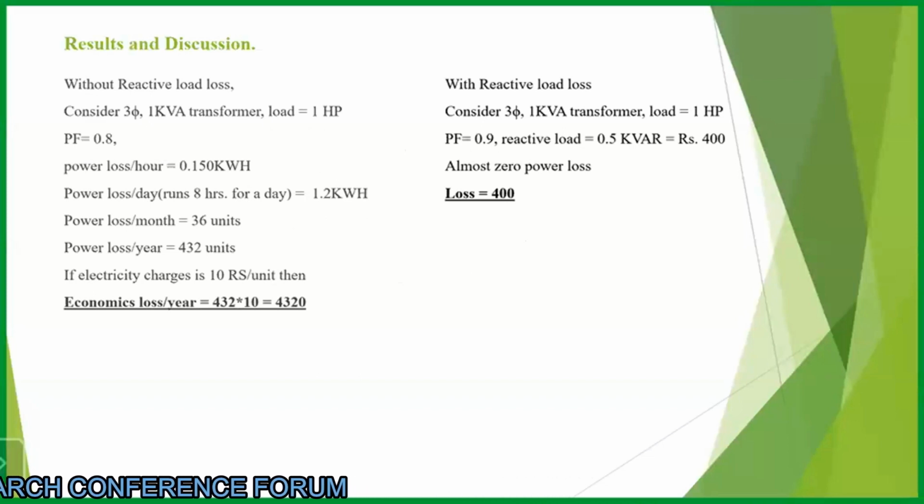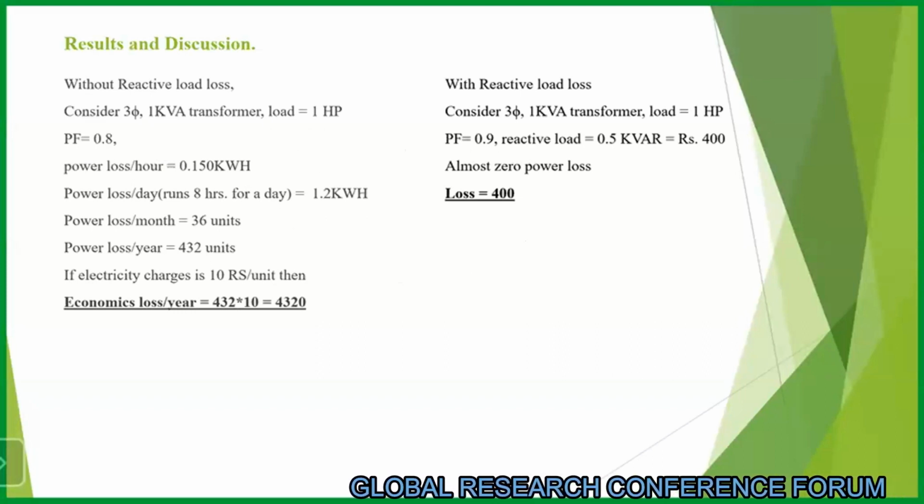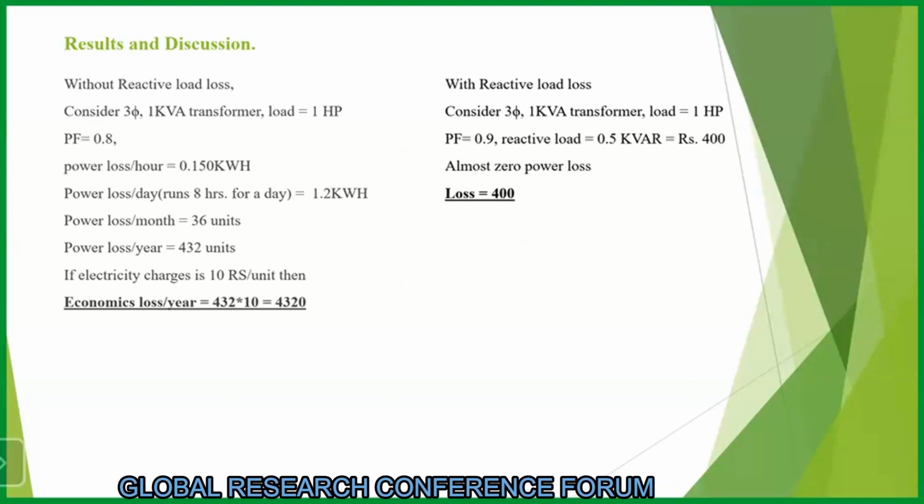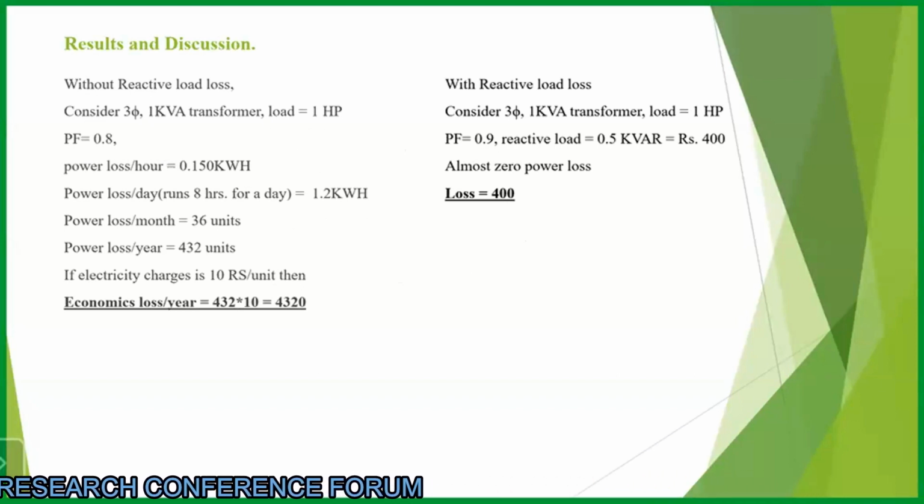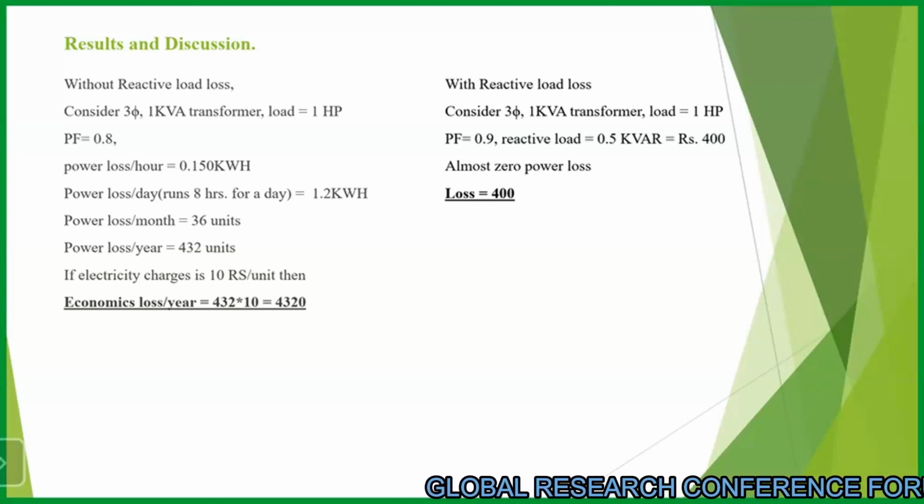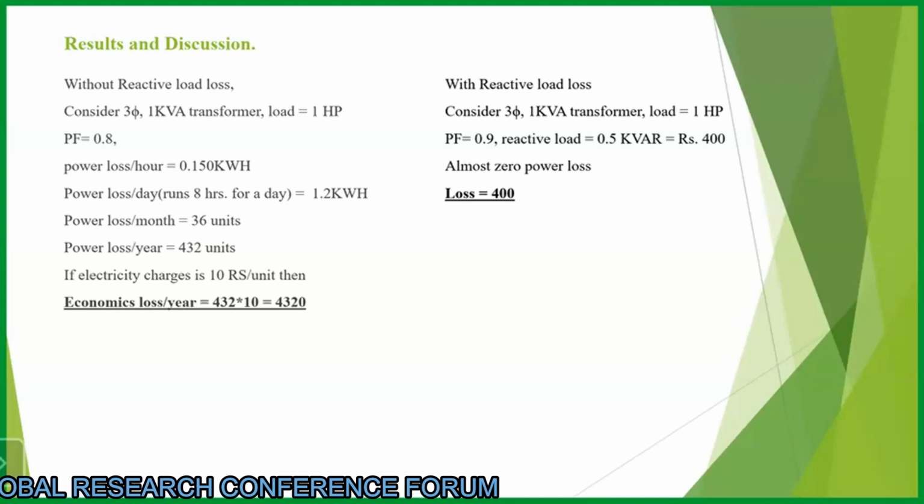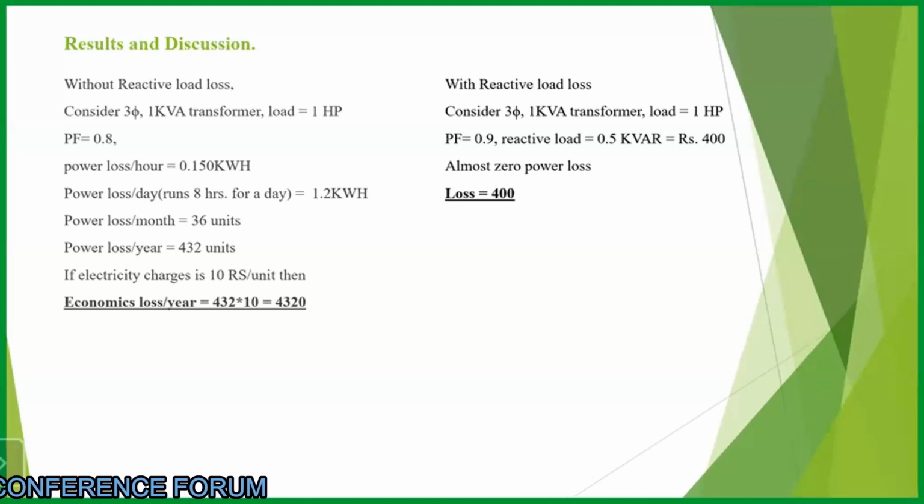If we go two ways, without reactive load, how much is the expenditure? If you consider a three-phase motor, 1 kVAR transformer, load of 1 HP and power factor of 0.8, then power loss per hour becomes 0.15 kWh. Power loss per day, if a motor runs for 8 hours per day, becomes 1.2 kWh. Power loss per month becomes 36 units. Power loss per year becomes